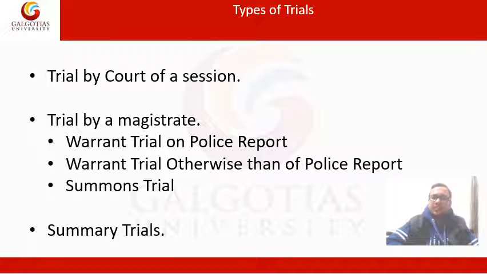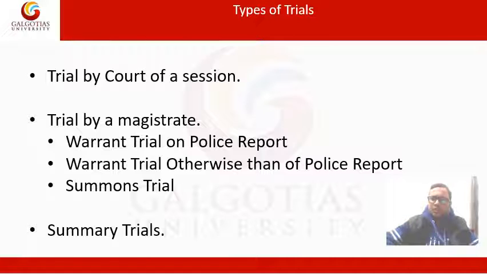The types of trial as per CRPC are mainly divided into three parts. So there is a trial by court of session, which under CRPC we call court of session trial. Second is trial by a magistrate. For court of session trial there is a separate chapter. Court of session trial normally starts after committal of a case. To understand in brief what is committal of a case,